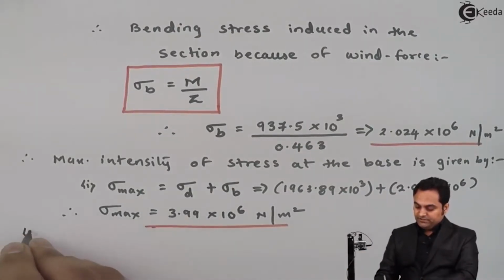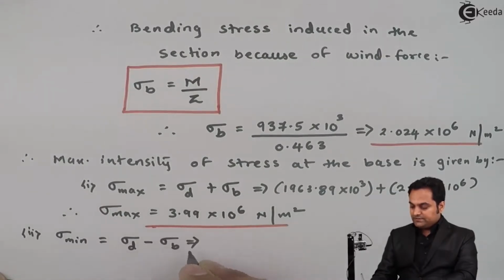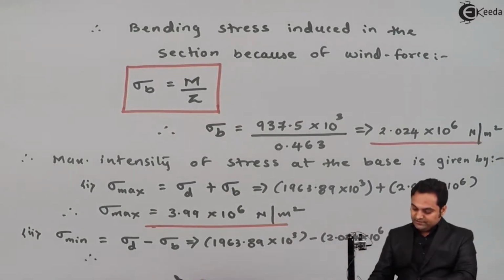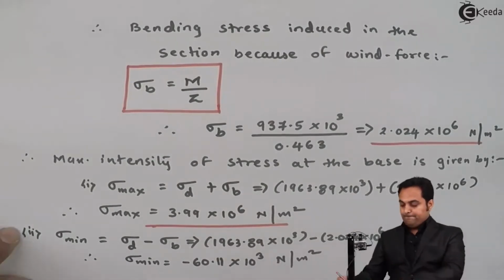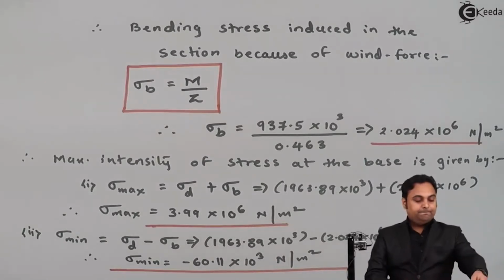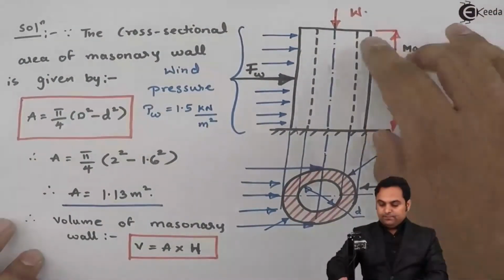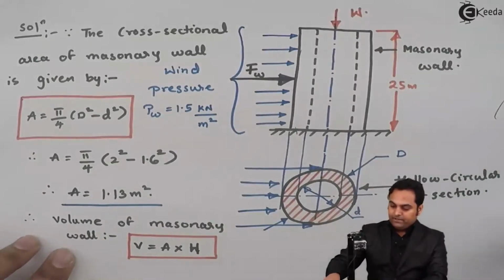Therefore, the minimum intensity of stress, sigma min, will be direct stress minus bending stress. Direct stress is 1963.89 into 10 raised to 3 minus 2.024 into 10 raised to 6. So here I am getting sigma min as minus 60.11 into 10 raised to 3 Newton per meter square. As I see, one answer is positive and the other is negative. The meaning is that if we have a masonry wall, because of the wind force, there are chances that in the direction of the wind force, this chimney will bend, and when this bends,